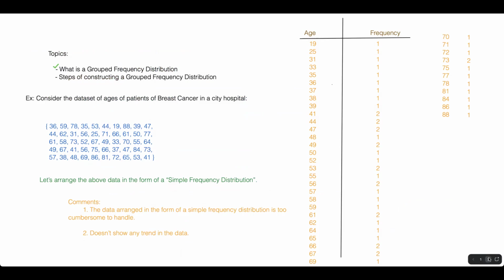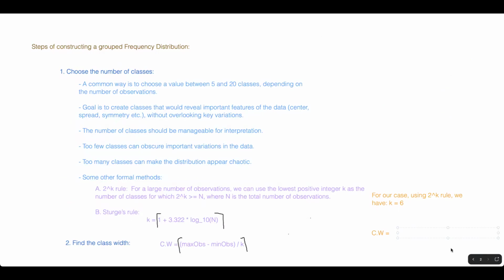So 88 minus 19 divided by 6, and we have to round that up. 69 by 6 is 11.5, and we have to round it up. So that will be equal to